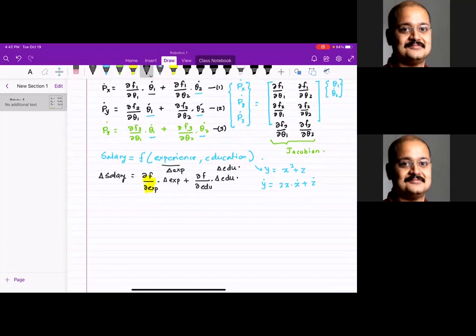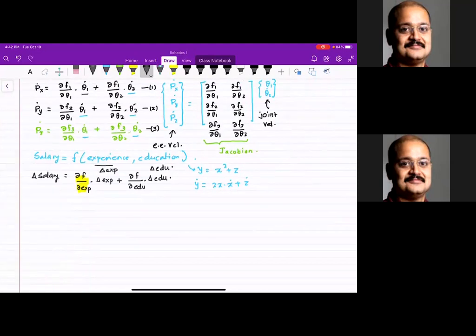The next thing which I want to talk about is this concept of Jacobian. So you will see this all the time. In the case of robotics, the Jacobian is going to relate end effector velocities, these are EE velocities, with respect to the joint velocities. So if you think about it, Px is the position of the end effector, Py is the position of end effector in y coordinate, and Pz is the position of end effector in z coordinate along z.